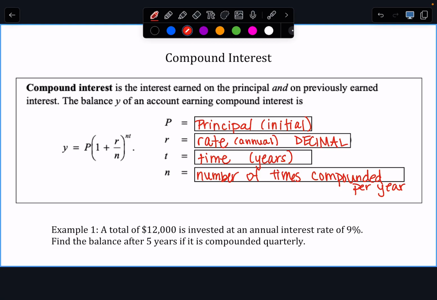Okay, it will be important that we are very careful with our calculators, okay? And that we get these set up nicely, okay? All right, so